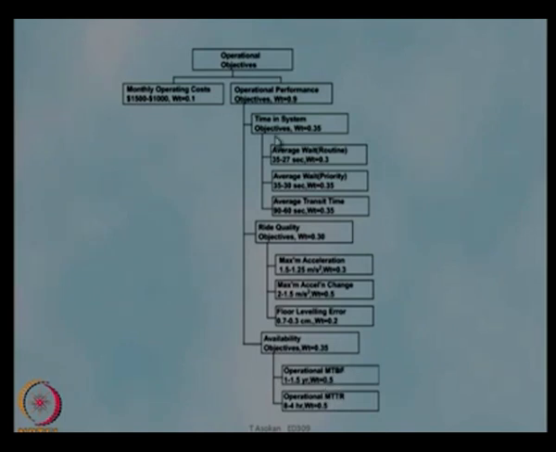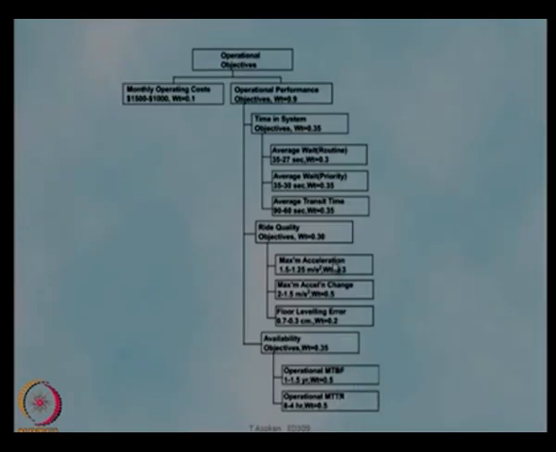So once we give this, that actually shows that for this particular operational performance objective, these are the sub-objectives which actually contribute to the main one, and then we give weightage for each one. And then later on in the design stage, if you want to make some trade-off between the MTBF and MTTR, we can find out, okay, these have equal weightage, so we can make a trade-off in any